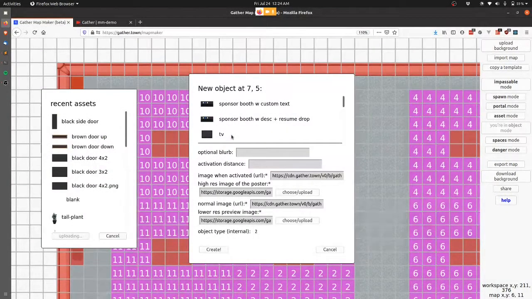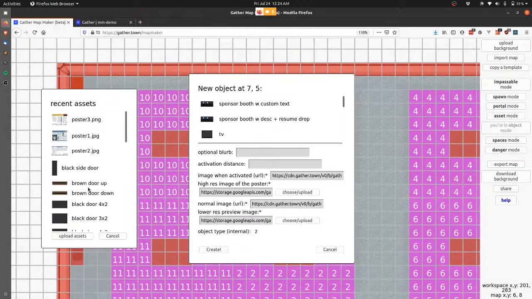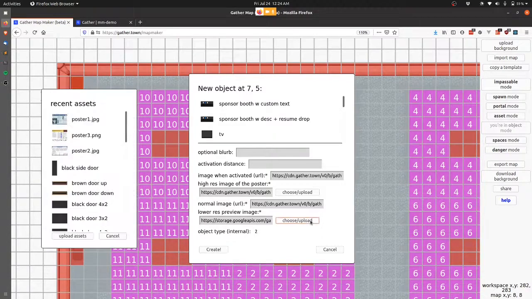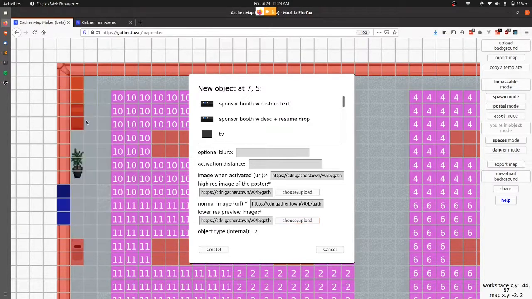So I can upload these all at once, and then they'll show up here. So for this one, we can make this poster 1. So I'm going to take that there. The preview image usually you want to be a lower res version of the poster that loads faster, just so people can see it as they walk by. I'm going to make it the same one for simplicity, but that's great. So we have our posters set right there,